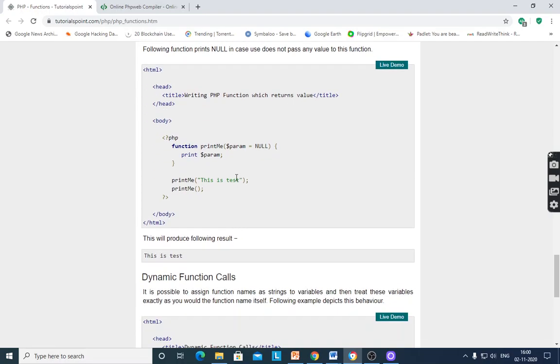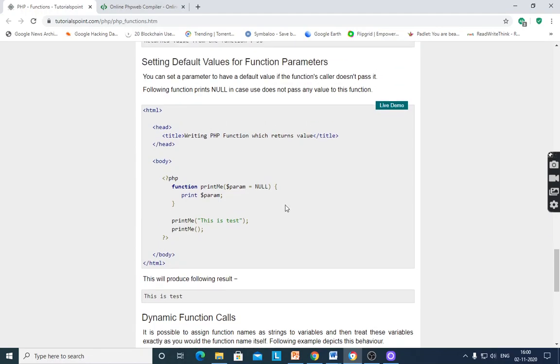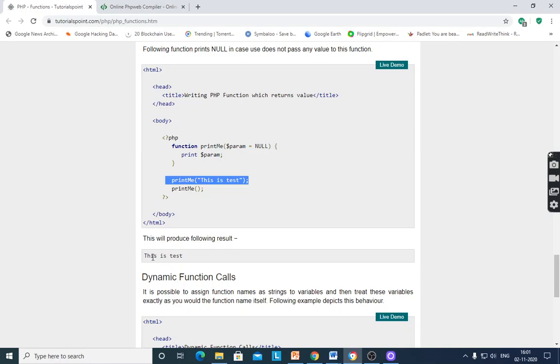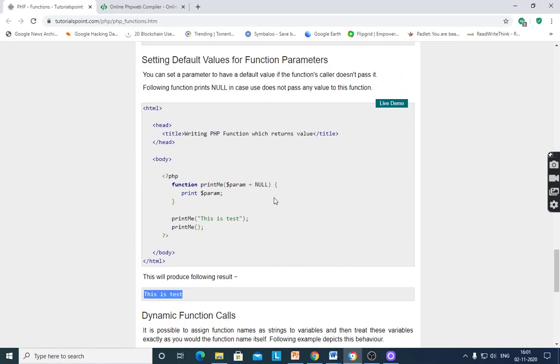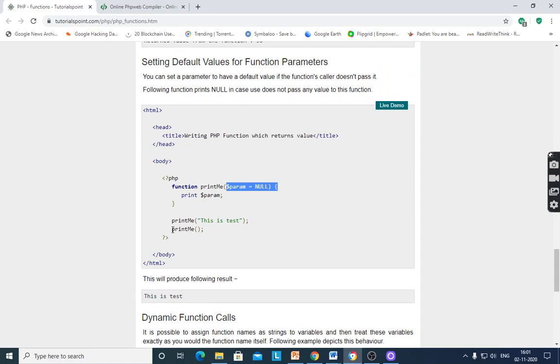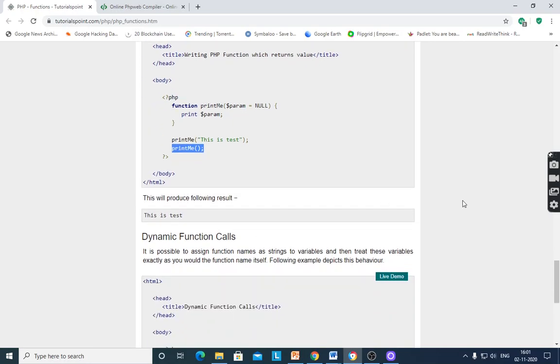Suppose the function printMe has $param equal to null, and prints $param. This is the definition, and the default value is null. Whenever the function is called and a value is passed, for example 'this is test', it will display 'this is test'. But the default value is null. If the function caller doesn't pass any value, it will display null, an empty string.